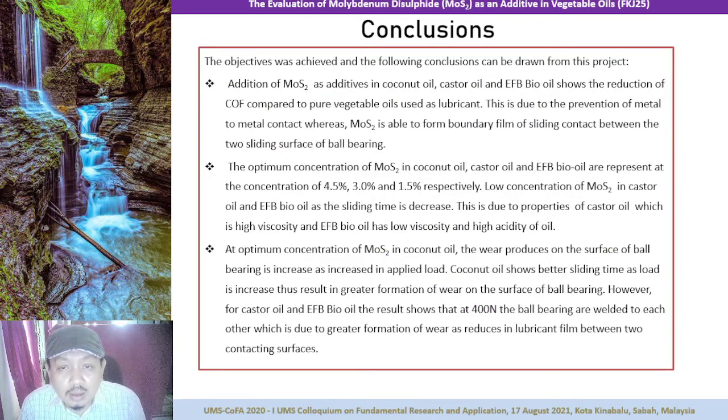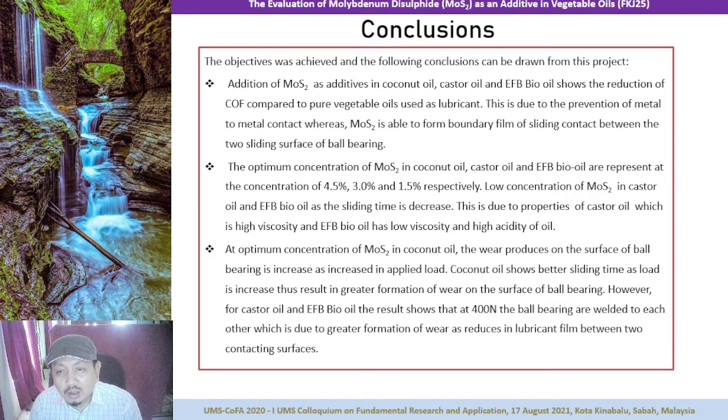So the conclusion is that the addition of MoS2 as an additive to coconut oil, castor oil and EFB Bio-oil shows a reduction of the coefficient of friction compared to pure vegetable oil as a lubricant. This is due to the prevention of metal-to-metal contact, as molybdenum disulphide is able to form a boundary film in the sliding contact between the two sliding ball bearing surfaces. The optimum concentrations of molybdenum disulphide in coconut oil, castor oil, and EFB Bio-oil are